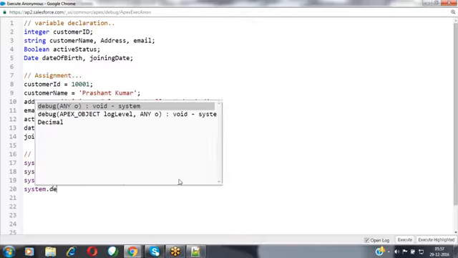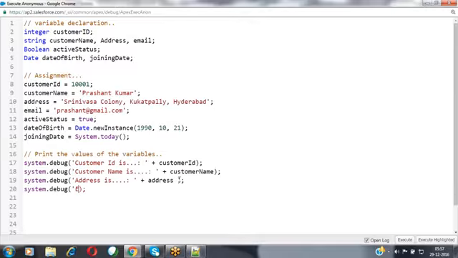System.debug, email ID is, email ID. System.debug, active status is, active status.